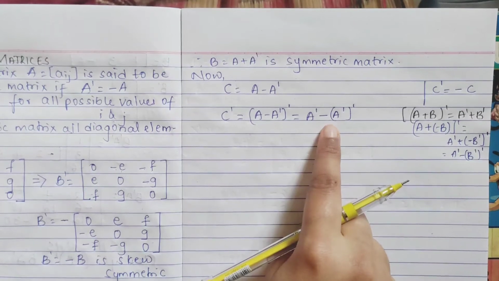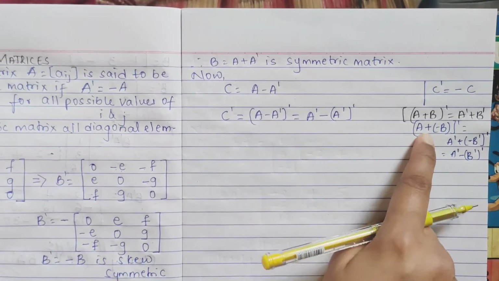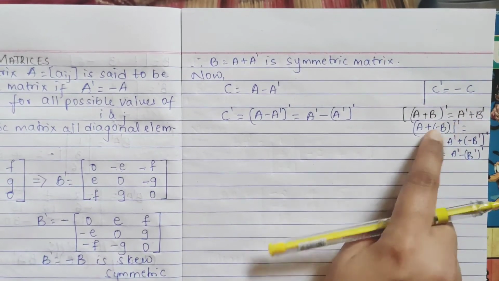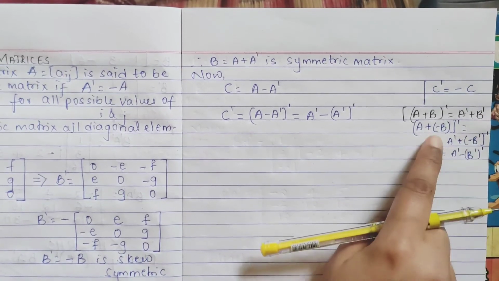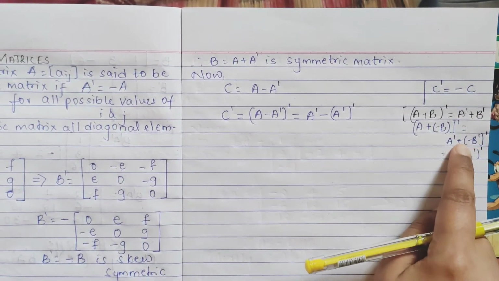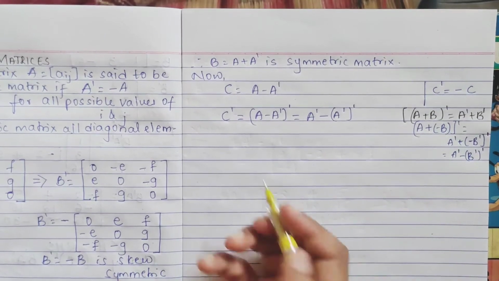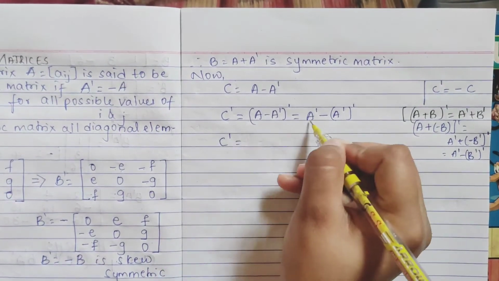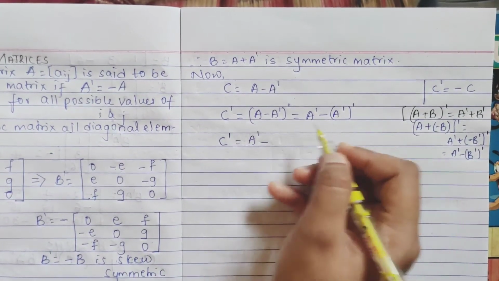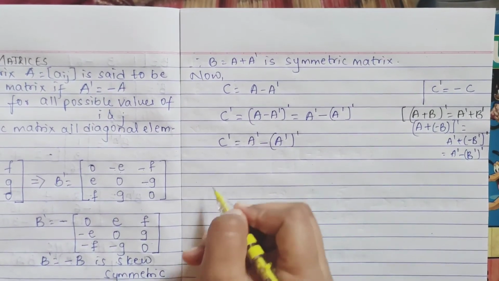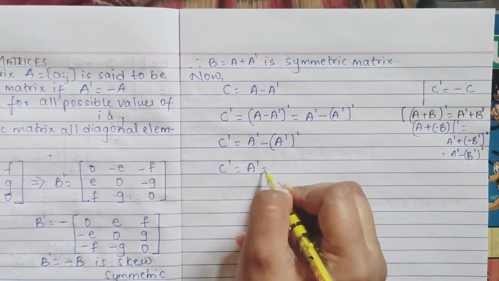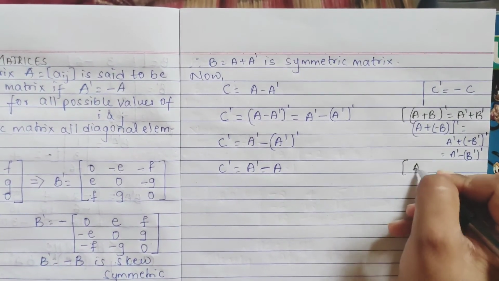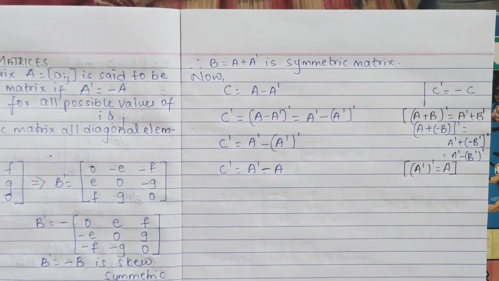Your doubt will be how we can use it for subtraction. We can use it like this, right? We can place the plus and minus sign inside, and the same property tells A transpose plus B transpose minus B transpose of transpose. Then you can multiply, plus into minus becomes minus, right? You can note it down as a reference for all this. So for C transpose, you have got A transpose minus A transpose of transpose, and A transpose of transpose is nothing but A, right? Because this is also a property we have: A transpose of whole transpose is equal to A.